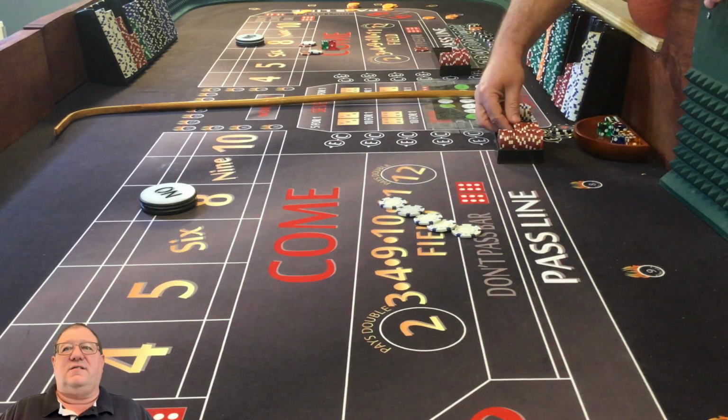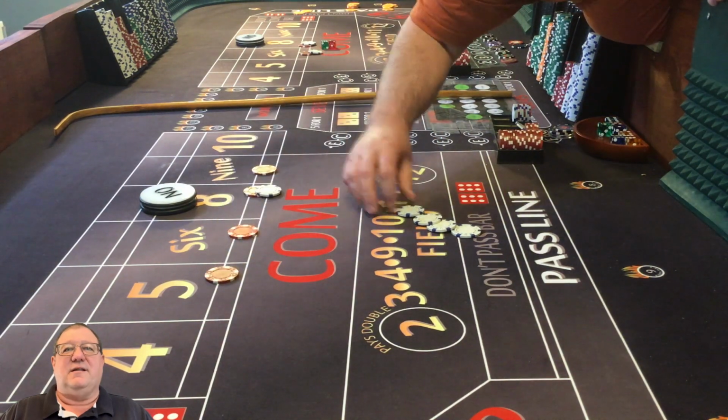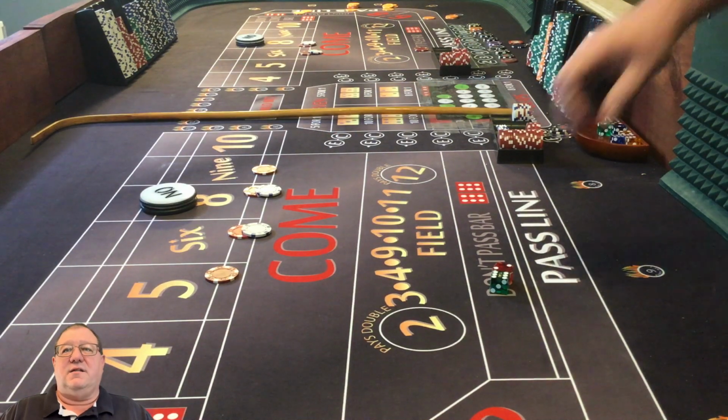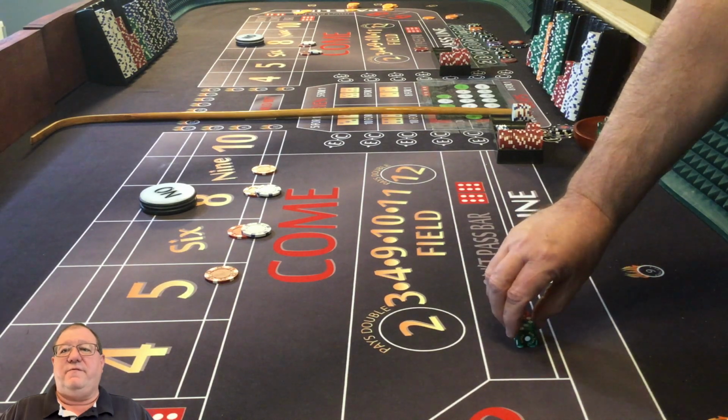All right, so it looks like we just maybe had a come out roll. I'm sorry, I missed it. It looks like the point is an 8. Here I'm setting up the $22 inside. On the other side, I've already got the don't pass and the 6 and the 8 placed. I'm doing the 3V set right now,